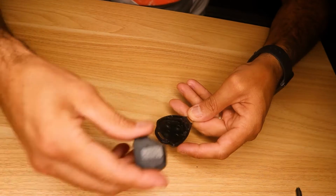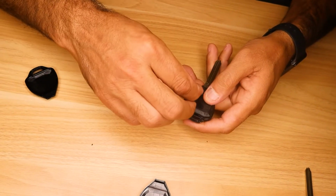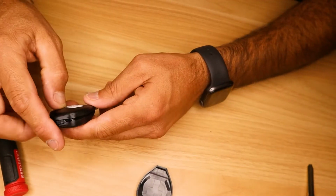I'm going to put the remote back here. I'm going to take the chip. You see, we're going to stick the chip inside. I'm going to put the cover back